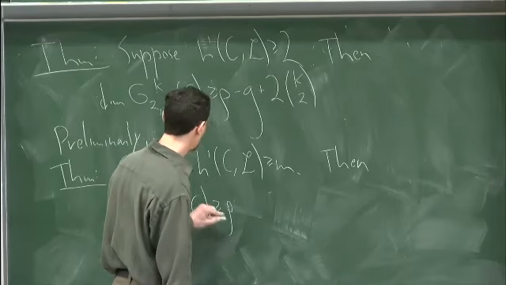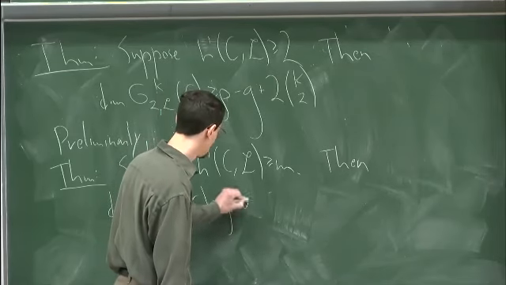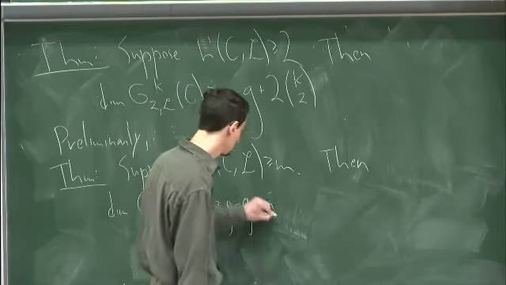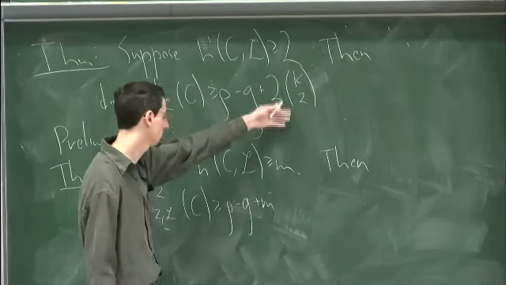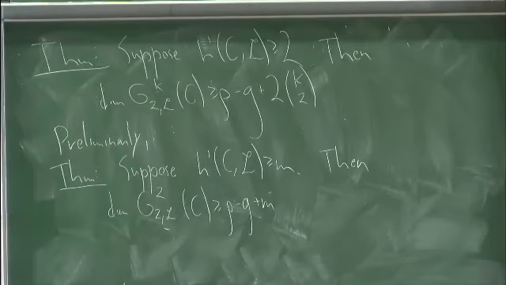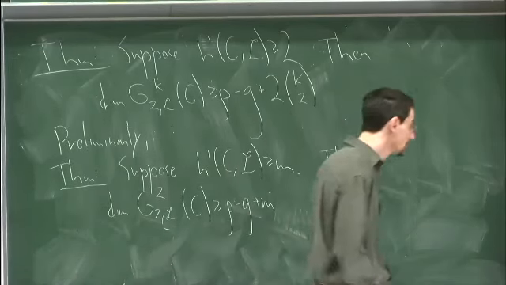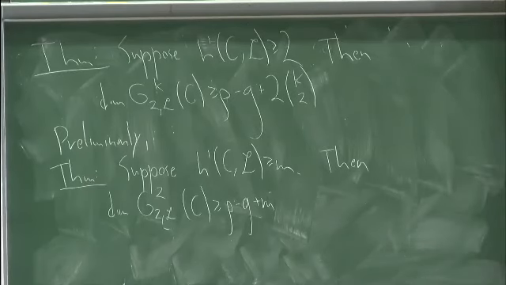And in this case, at least, we get what we want. K choose 2, it's just 2 choose 2, so that's just 1 here. Okay, so